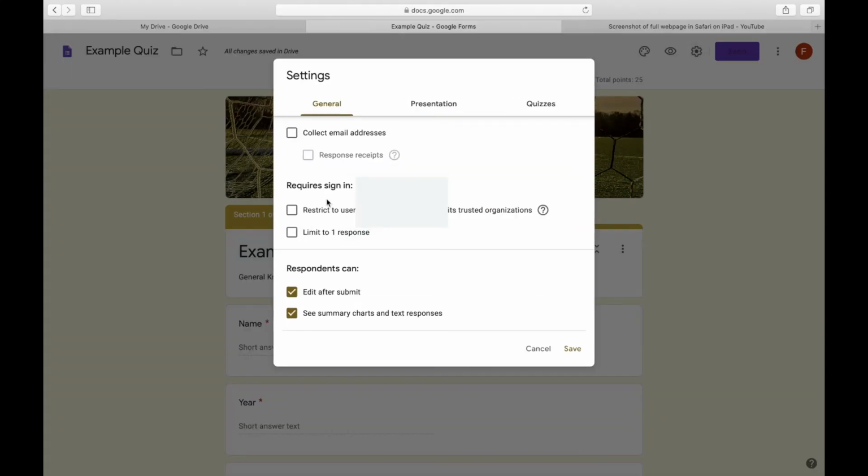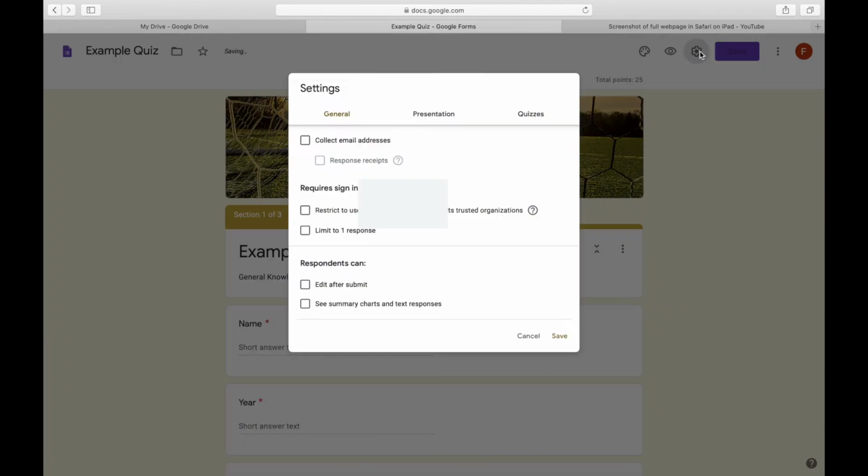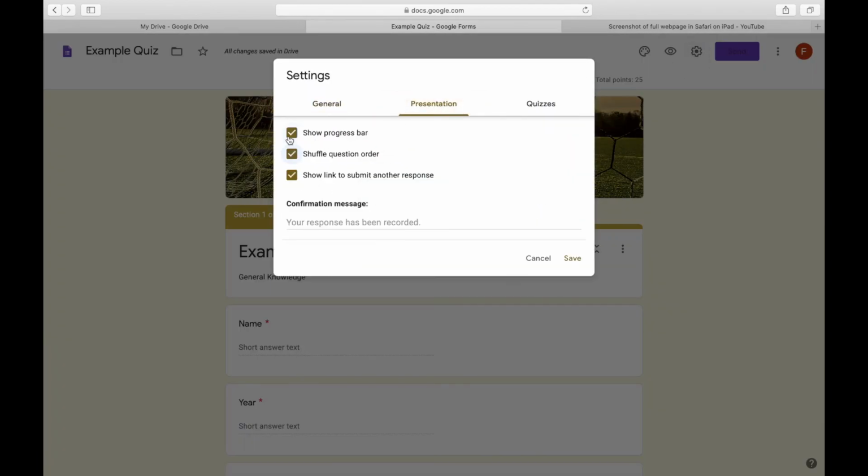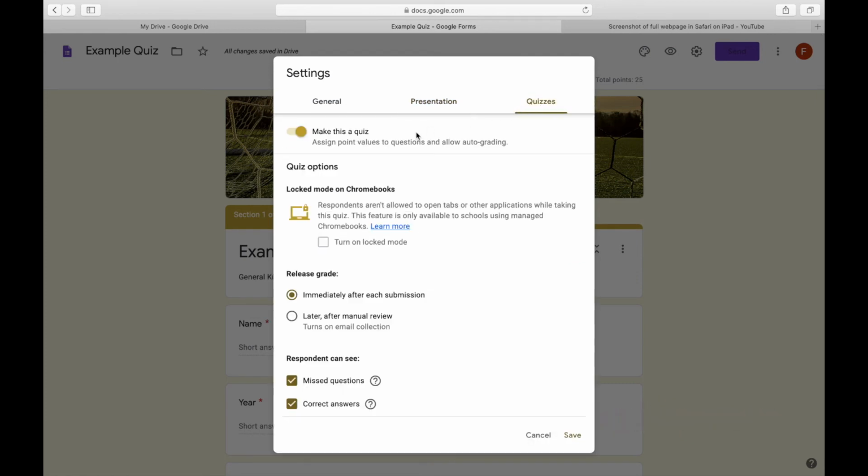So I'm going to go back and untick these options and save it. Next, I will go back to settings, presentation. You can tick the progress bar, shuffle question order, show link to submit another response. You can use it or you can untick this. Next very important one is quizzes. Here in quizzes, earlier I had to make this a quiz so that I can add the points and the